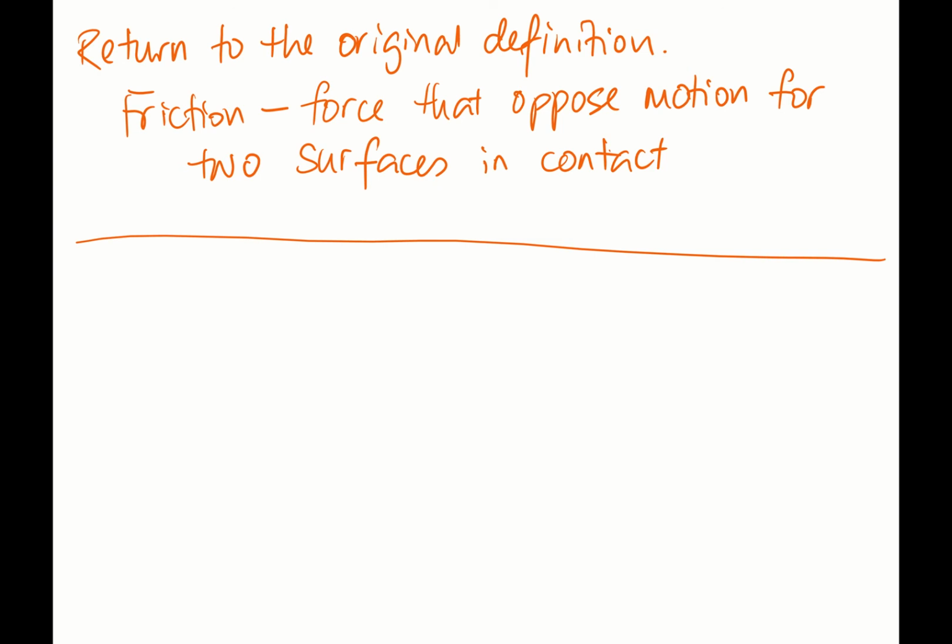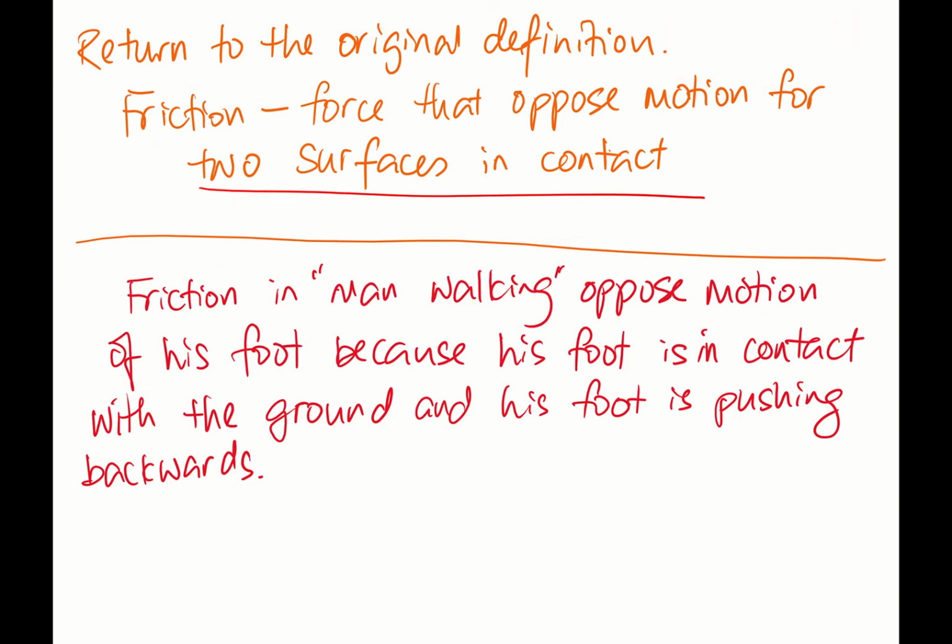That first four words, force that opposes motion, is easily remembered by many people. Right? But the key ingredient that wraps up the full definition of friction is actually that the two surfaces must be in contact. Two surfaces must be in contact. And once you put these two together, the force that opposes motion and the two surfaces that are opposing motion must be in contact with each other. And that clarifies the friction in the man walking opposing motion of his foot, because his foot is in contact with the floor. And his foot is pushing